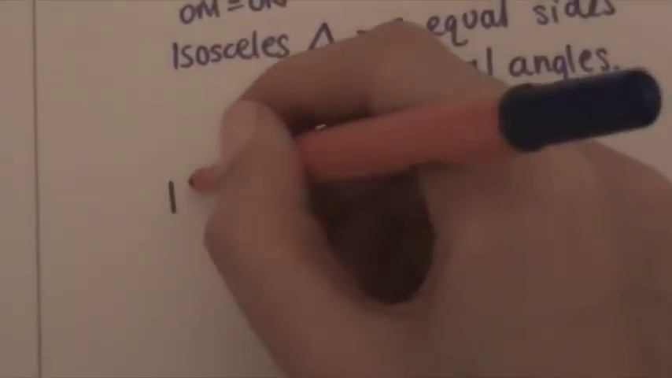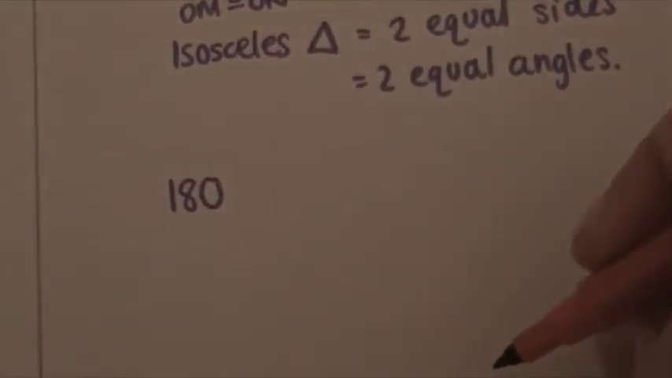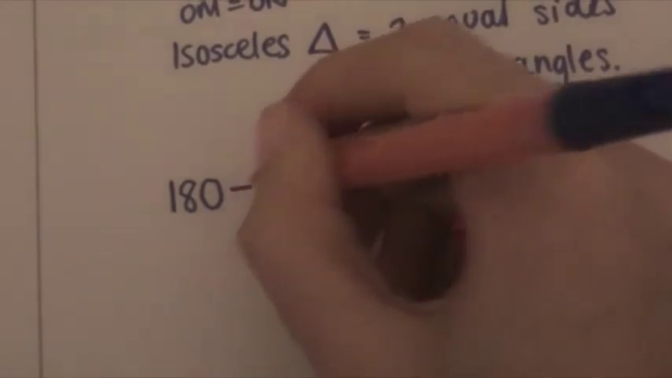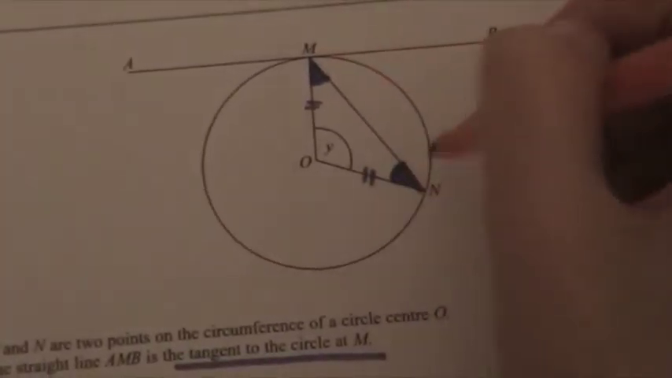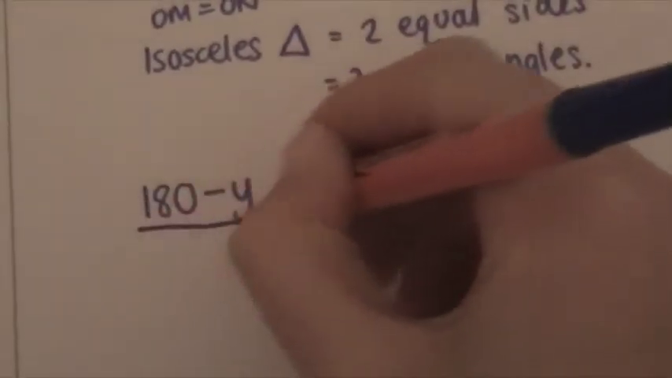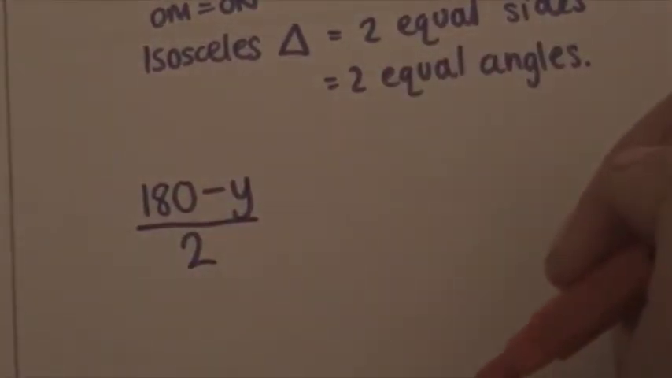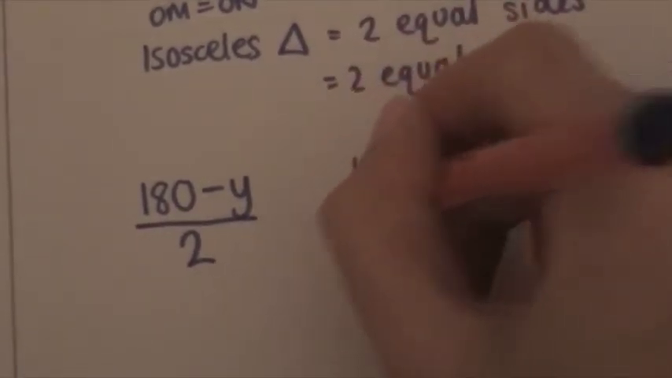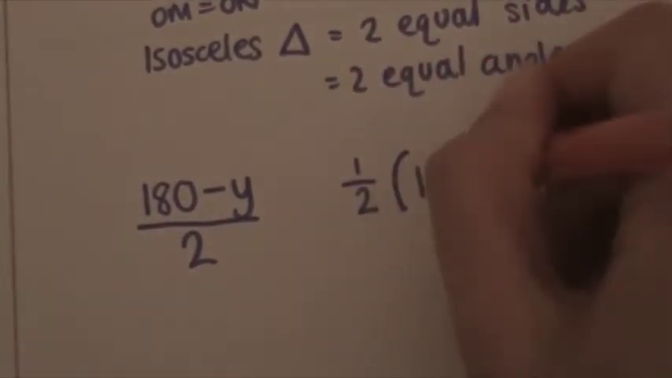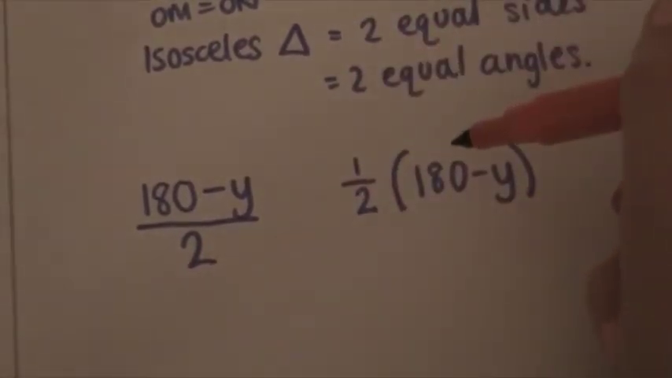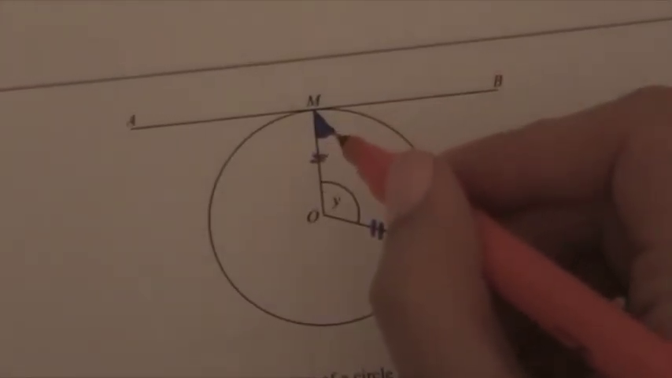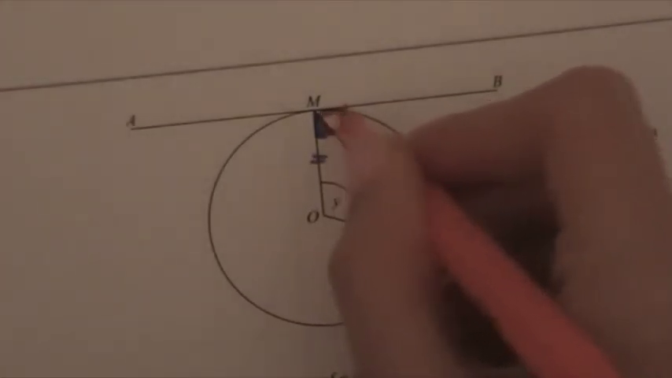So we know that angles in a triangle are 180. If we take away y, that leaves us with what these 2 angles would be. We know they're exactly the same, so we can divide that by 2, and that will give us those 2 angles. Another way to write this, a half times 180 minus y. So instead of dividing by 2, we've times by a half. So far we have worked out what that angle is, but the question is asking for this angle here,